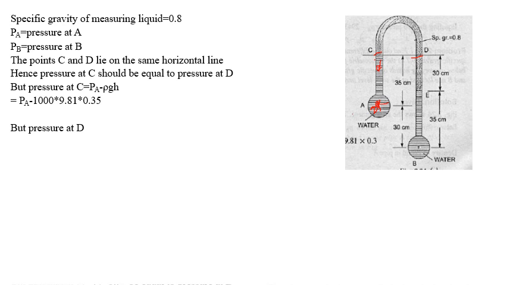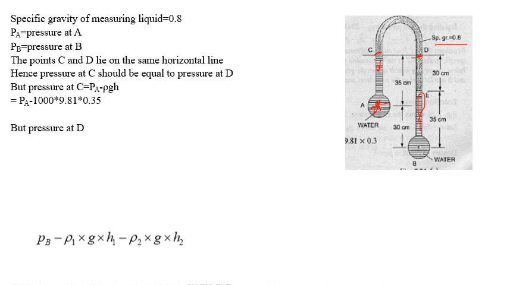So what is the pressure at point D now? So the total height, up to here, is the 35 centimeter. The water is present there. The liquid present up to here is water. From this, for the height of this 30 centimeter, another fluid is present with the specific gravity of 0.8, the density of 800 kg per meter cube. So now what is the pressure at point D?